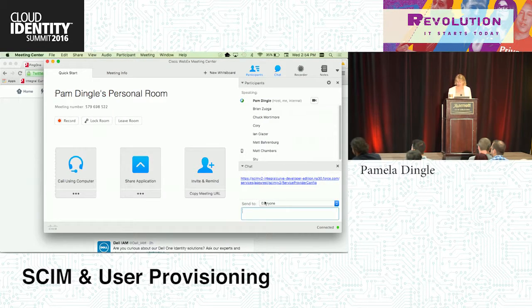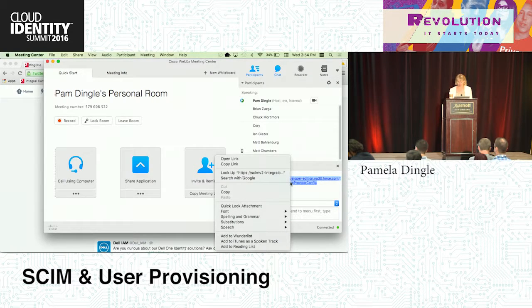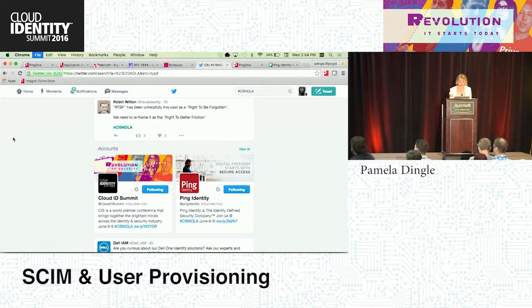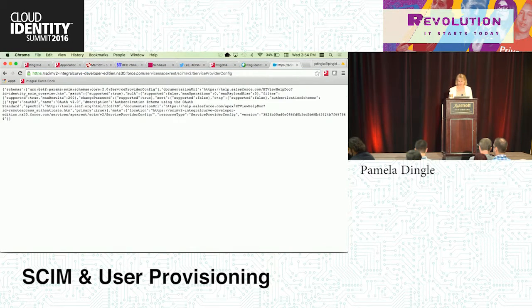Okay, so this, I believe, does not actually require any authorization. So I think anyone who's following along can take this link that I just pasted in here. Let's do it at the same time. Open up any browser and click into it to see it. This does not require an authorization header at all. It's unauthorized. What it represents is an endpoint called the service provider config. So it's the start of SCIM. It tells you what this service provider can do and what they can't.